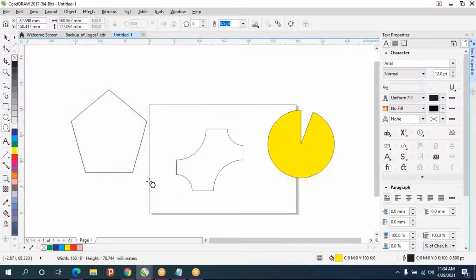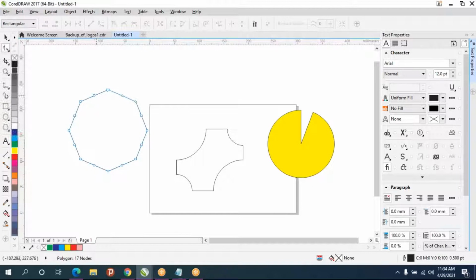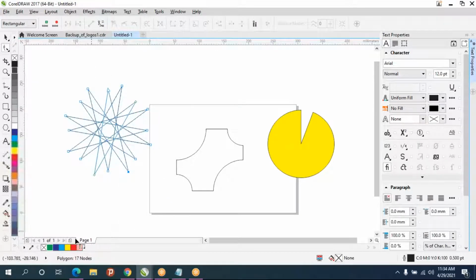Okay, after taking the polygon tool, just increase the values. And now you take the shape tool and move the points. Give color.